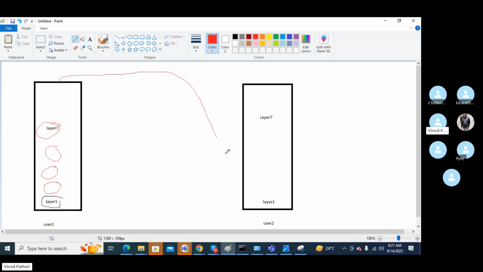So your destination will be this one. Again you will receive the data in layer 1 only. You will not receive it directly in the application layer. You will always receive the data at your physical address only. That's how it works. And the representation will happen in whatever browser you use.